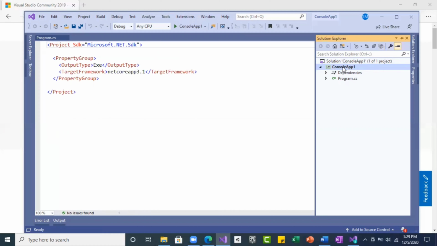Under the project, you have Dependencies. If you expand here, there are options to expand and collapse like this. Under Dependencies, you can see Frameworks, and under that Microsoft.NETCore.App. This is nothing but the built-in library that Microsoft provided for the Microsoft C# language. The .NET Core App related libraries required are automatically added as dependencies